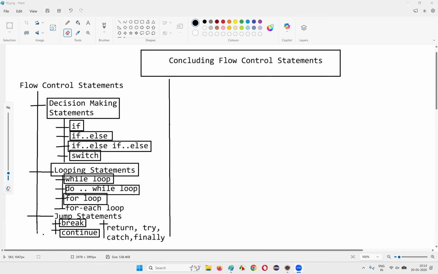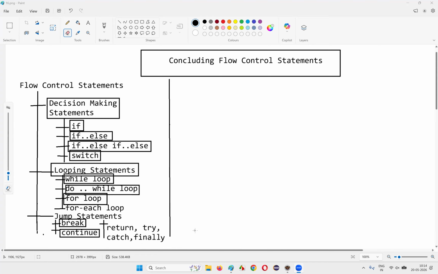And coming to the jump statements, there are four statements which I have not covered till now. The first one is return, then we have try, catch, and finally. These are the four statements I have not covered as part of the jump statements under the flow control statements in Java. The reason behind that is the return statement can be covered with methods. In the upcoming sessions, when I cover methods, then along with methods, I'll be covering the return statement.